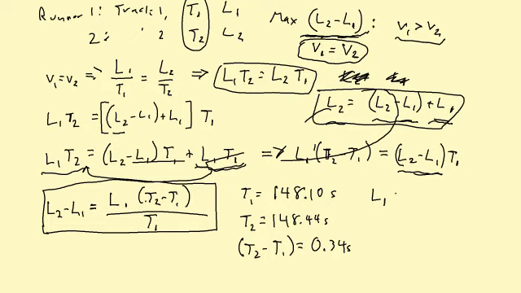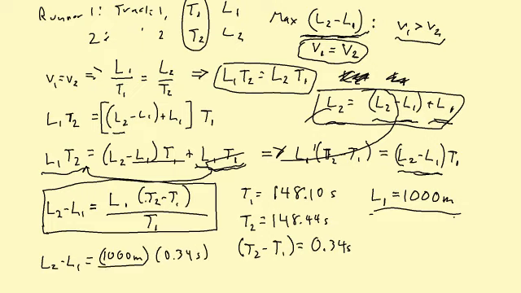All right. Now, L1, we didn't work this exactly, but we can say L1 was 1,000 meters. We don't have a precise measurement. We're trying to find the difference between L2 and L1, but we know that it's going to be about 1,000 meters. It's a 1 kilometer race. So now let's do L2 minus L1 equals 1,000 meters times 0.34 seconds, and that's all divided by T1, which is